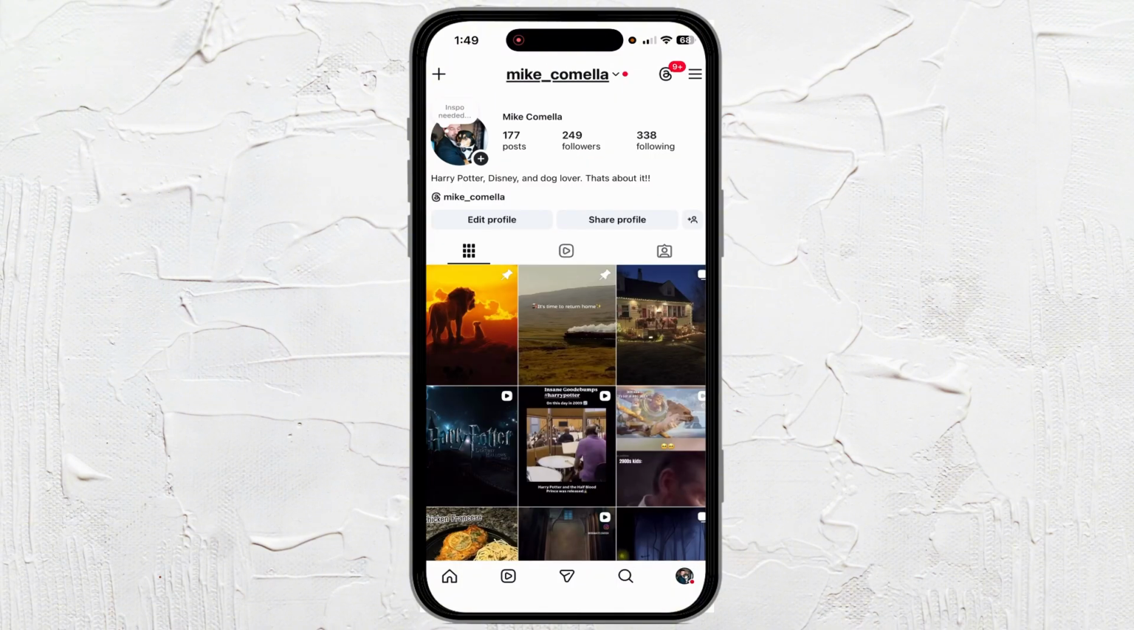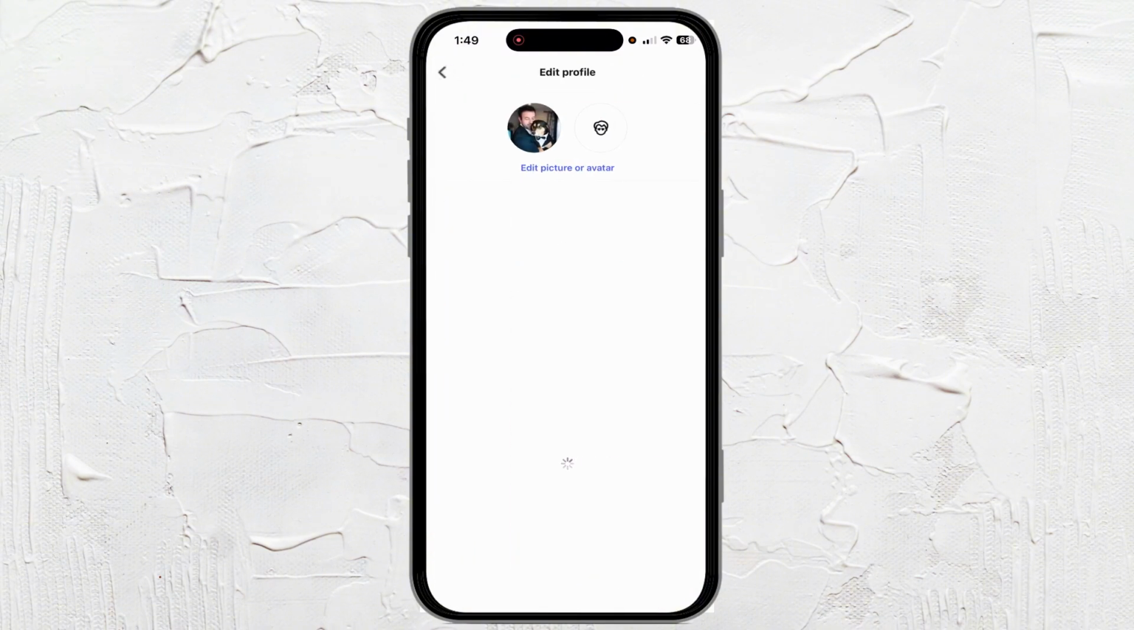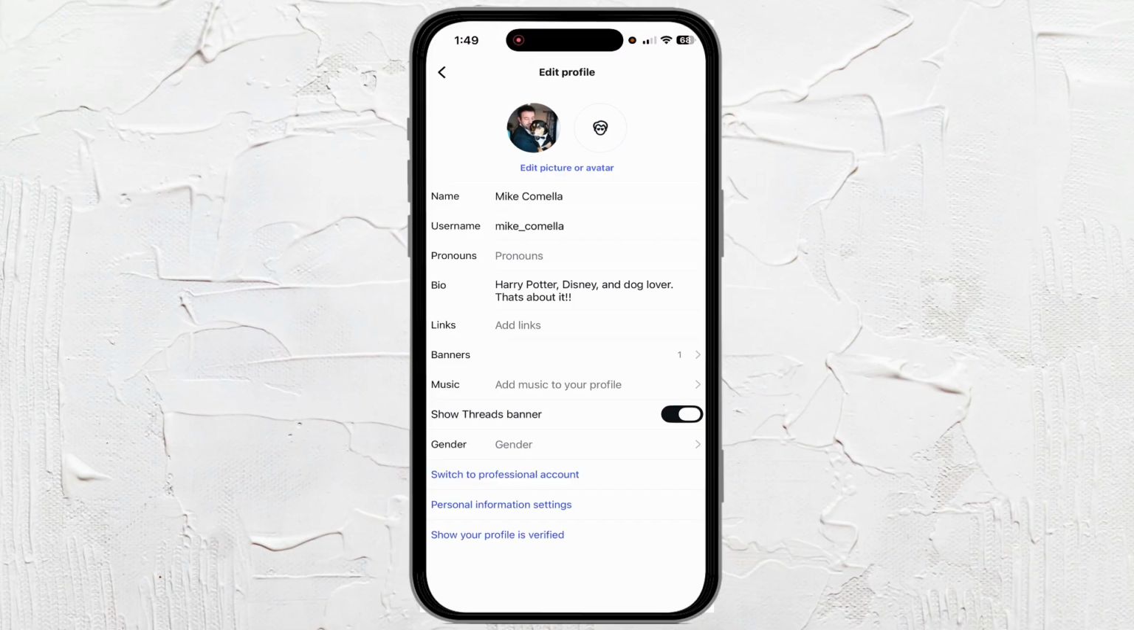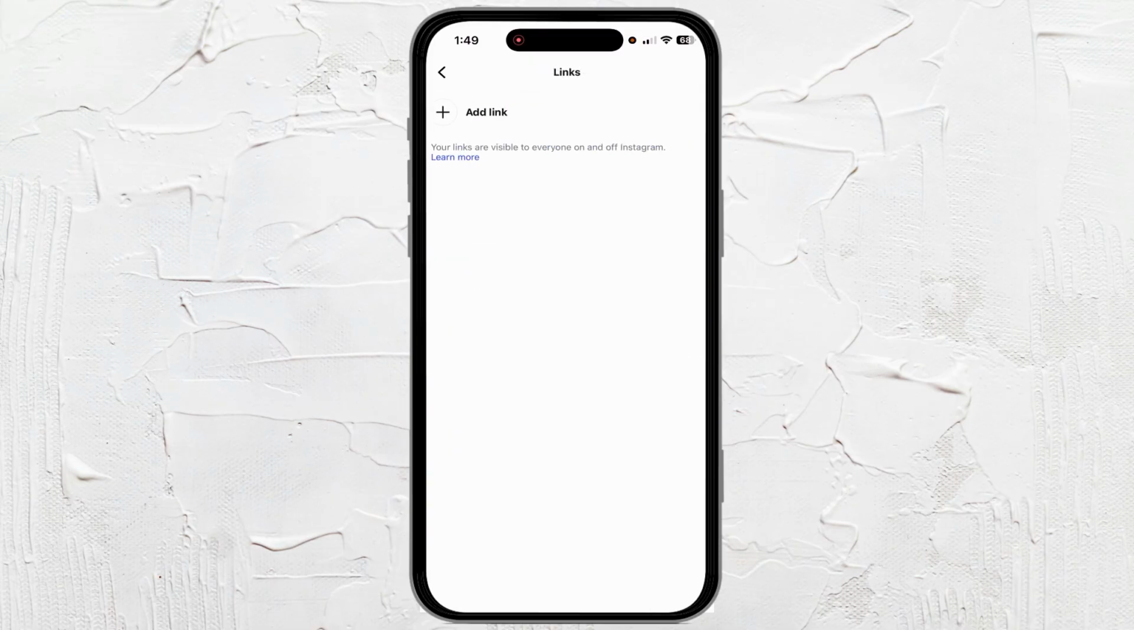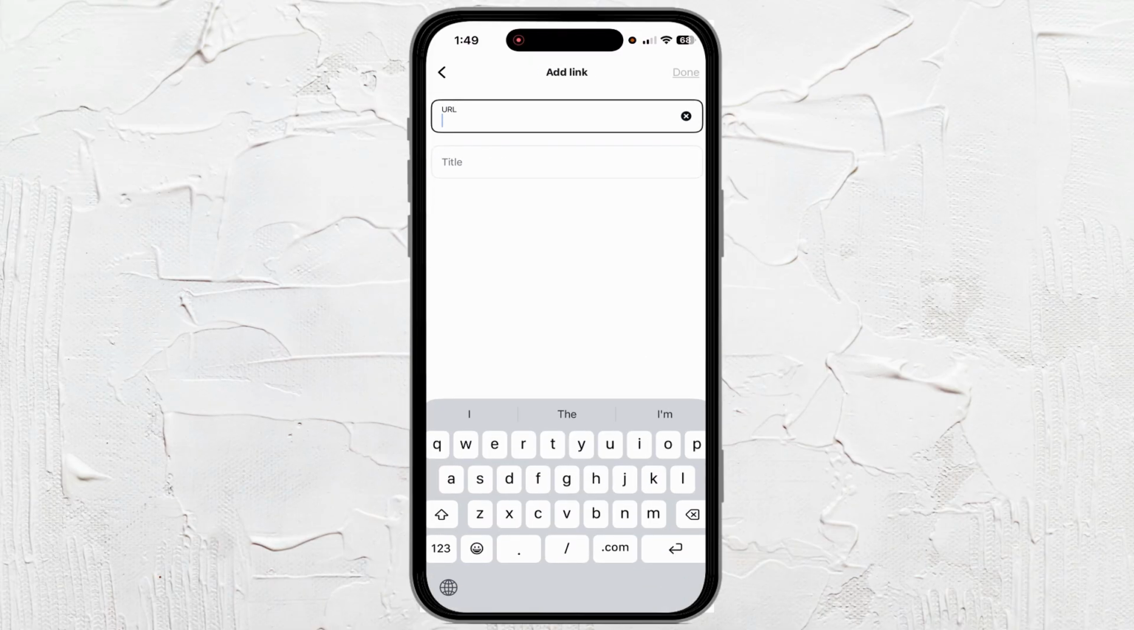So what you want to do is go to your Instagram and go to your profile at the bottom right-hand corner, and then under your name, hit edit profile. So when you're here, you just want to go to the links section, and let's add one link. And I'm just going to type in, maybe youtube.com,